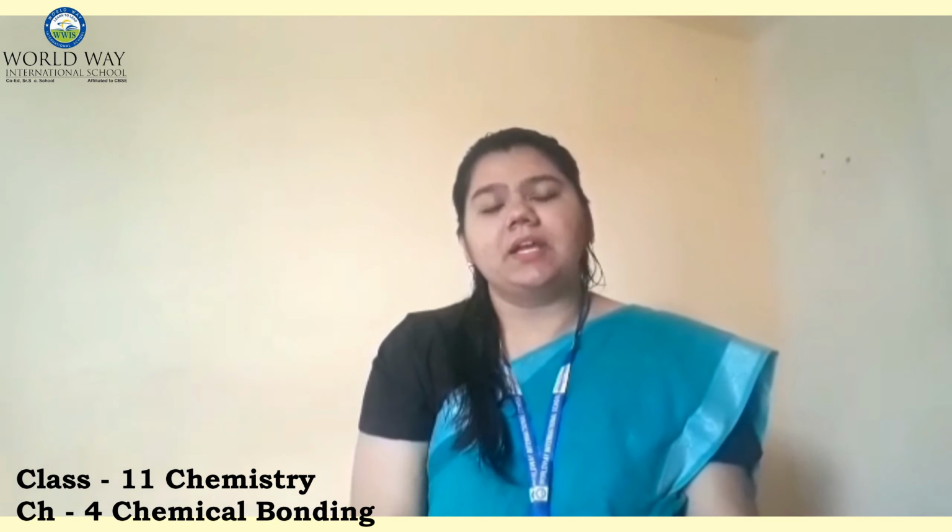In this video, we are starting a new chapter, chapter number 4, chemical bonding. Till class 10th, you have studied what are ionic compounds and ionic bonds. In this chapter, we'll also cover various other kinds of bonds and compounds formation. Also, we'll cover how formal charge is calculated, which is actually the individual charge on various kinds of atoms present in a molecule. So let's begin the journey of the chapter.